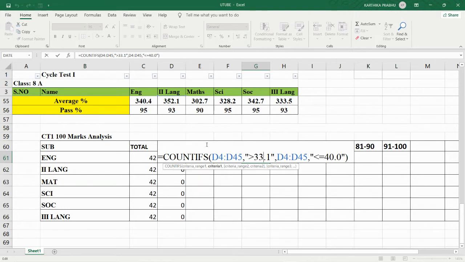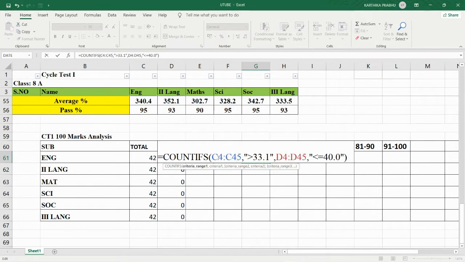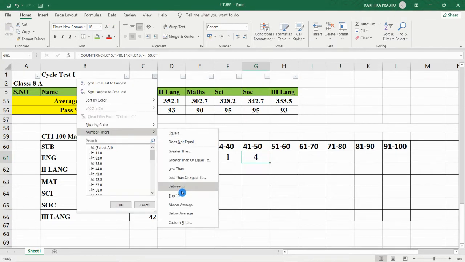Here it will say D4, and you can change from D to C, and here the range is 40.1. So you can just do it like this by copy pasting. Here it must be 50. Okay, yes, 4 students. Now let us check using the filter between